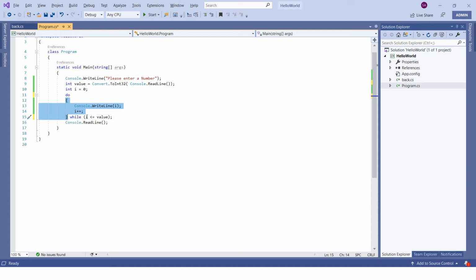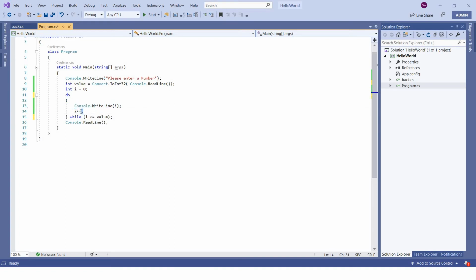This loop will execute till this condition evaluates to true. Currently 1 is lesser than 3, which is true, so it will print 1. Now I becomes 2, is 2 lesser than or equal to 3? True, so it will print 2. Now I becomes 3, and 3 is lesser than or equal to 3, true, so Console.WriteLine will print 3.